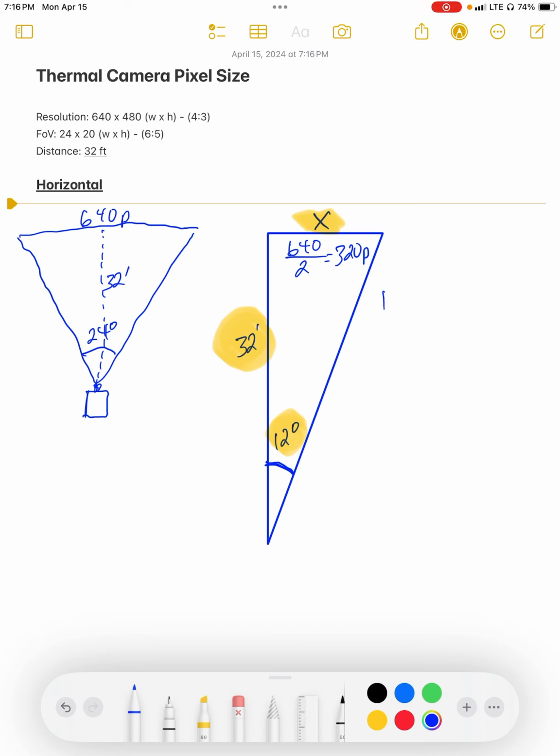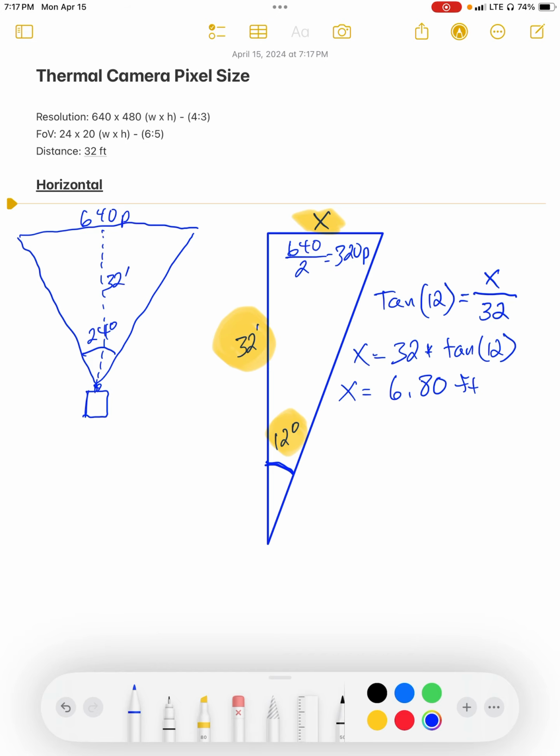And so we take the tangent of the angle, and the tangent of the angle is equal to opposite over adjacent. So opposite is our x, and adjacent is our distance, 32 feet. And if we move everything around, x becomes 32 times the tangent of 12. And because this is in feet, if we just do that directly, x equals